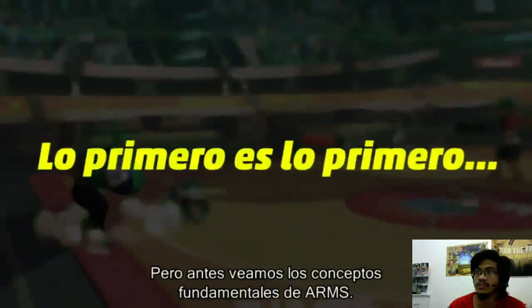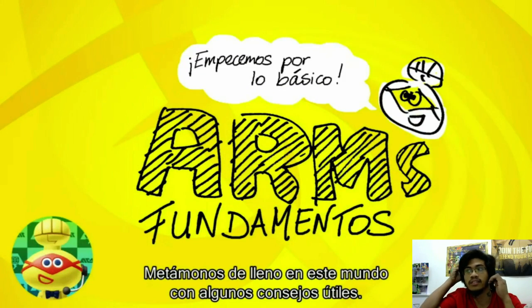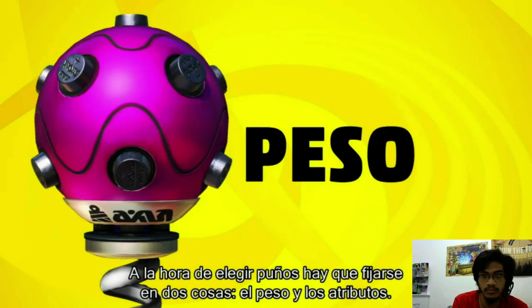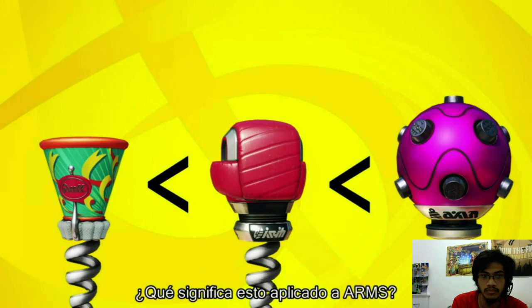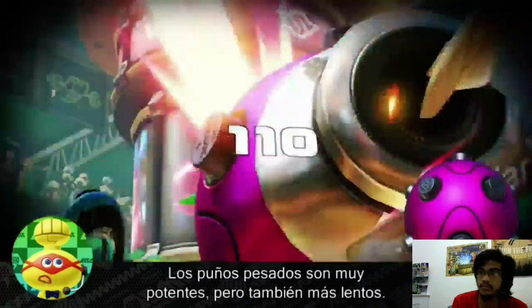But first, it's time for ARMS 101. School's in session, and this advice always comes in handy. When selecting arms, pay attention to two things: weight and attributes. It may seem like a no-brainer, but weight affects momentum. Arms generally follow these trends. Stronger arms are more powerful, but